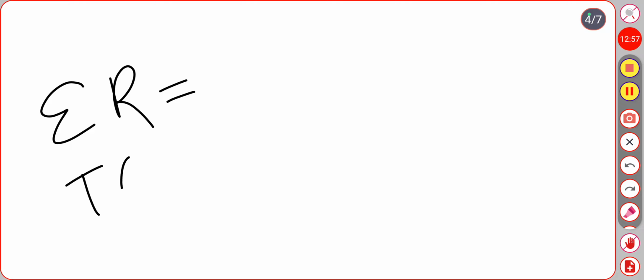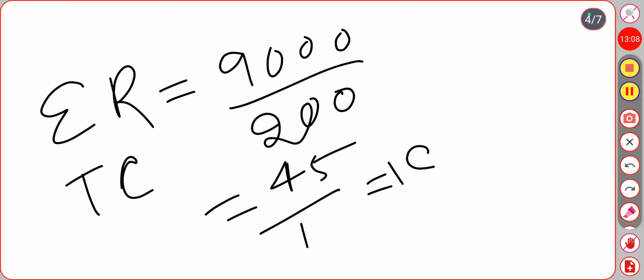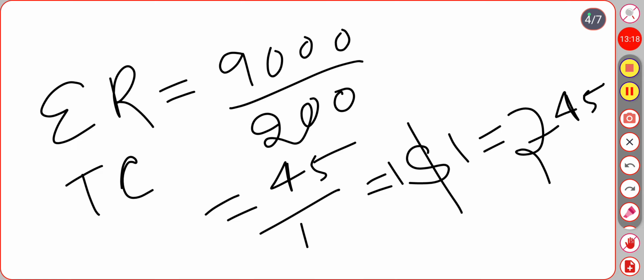From the exchange rate for the traded commodity, it is 9,000 divided by 200, 45 to 1. $1 is equal to 45 rupees. So with these 45 rupees in India we can get one roll or one plate of